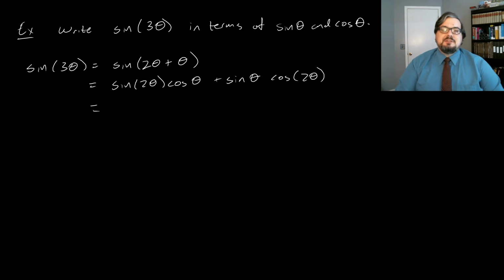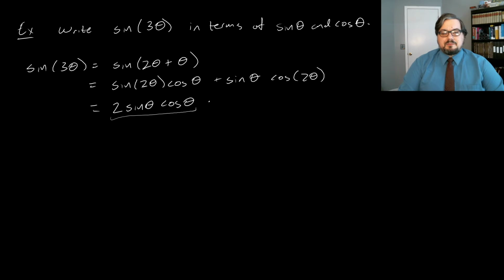And now we can use the double angle formulas, which of course were just built on the sum formulas to begin with, but they come up enough that they're worth memorizing on their own. So sine of 2 theta becomes 2 sine theta cosine theta. And then we have another cosine theta left over. And then we have plus sine theta. Now, cosine 2 theta,